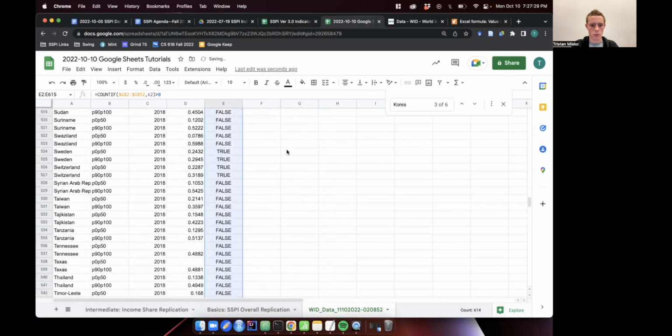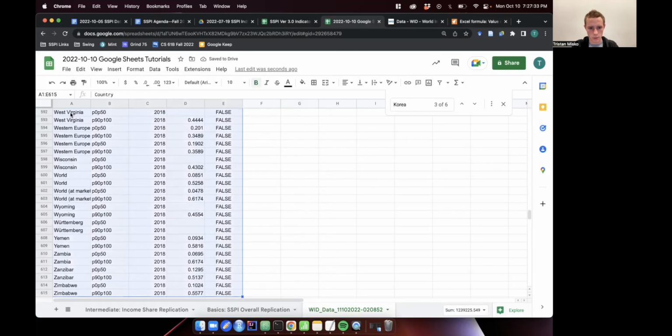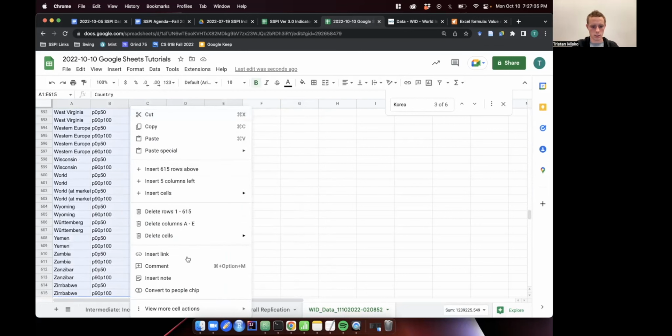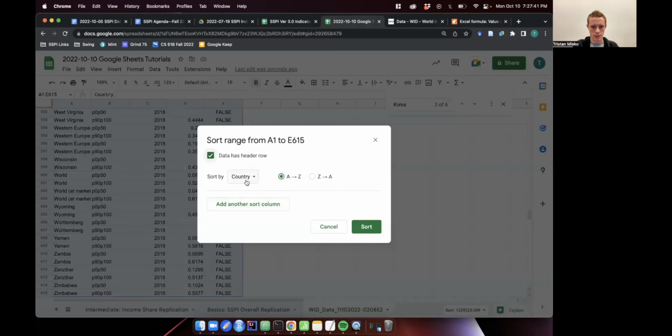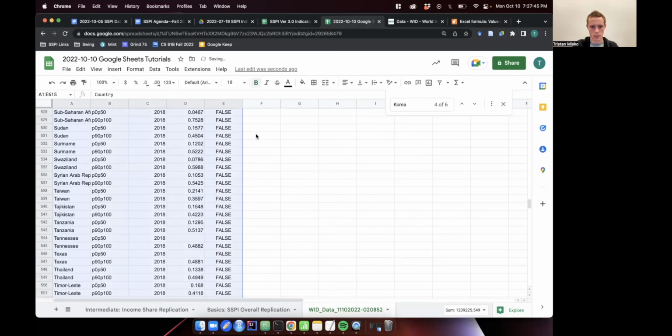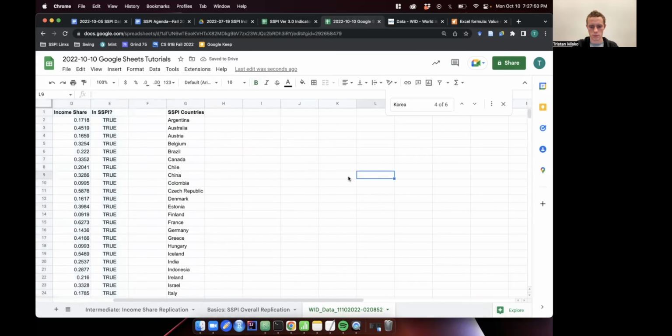Update the formula, rerun the sort, and we do that Command Shift, select it all, data, more cell actions, sort range, data has header row, we're sorting it by in SSPI, Z to A, so the trues rise to the top. And now we should see that if we do the COUNTIF,